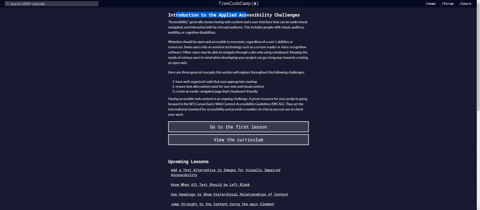We're going to be doing the introduction to the Applied Accessibility Challenge. Accessibility in general means having web content and a user interface that can be understood, navigated, and interacted with by a broad audience. This includes people with visual, auditory, mobility, and cognitive disabilities. Websites should be open and accessible to everyone, regardless of a user's abilities or resources. Some users rely on assistive technology, such as a screen reader or voice recognition software. Other users may be able to navigate